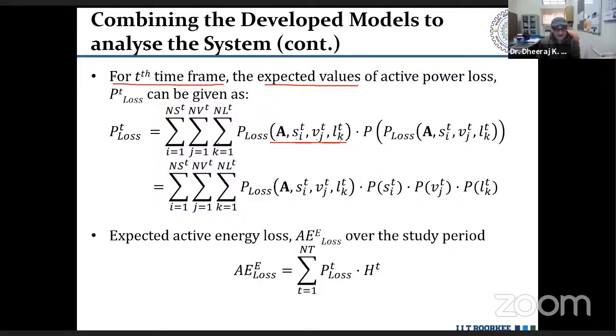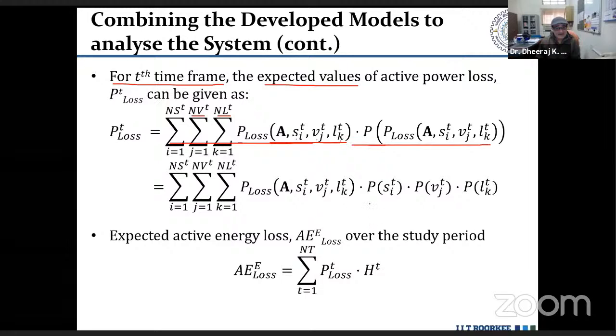Here we are having that i is varying from 1 to NST: all possible states of solar radiation, all possible states of wind speed, all possible states of load for a given time frame. So we will get this power loss,